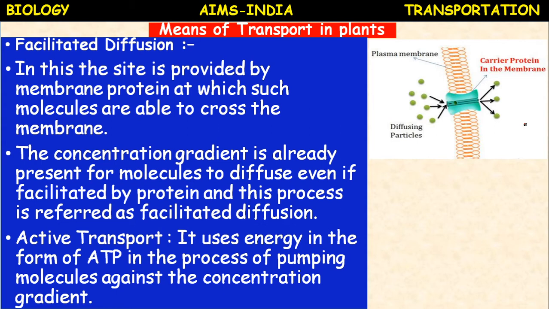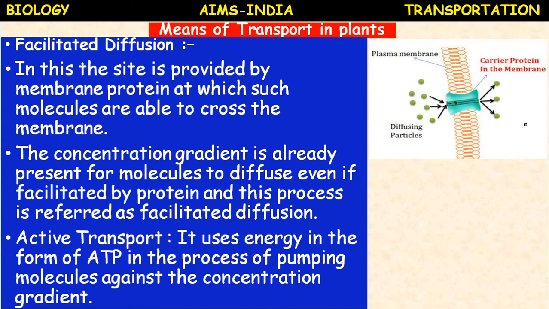Whereas the second type is channel proteins. They allow the diffusion of the solutes. So it takes place in two ways, that is ion channels and porins. You will study in the higher classes. Okay, but here you remember the concept, facilitated diffusion also takes place passively. Okay, now diffusion and facilitated diffusion, these two are passive transports.